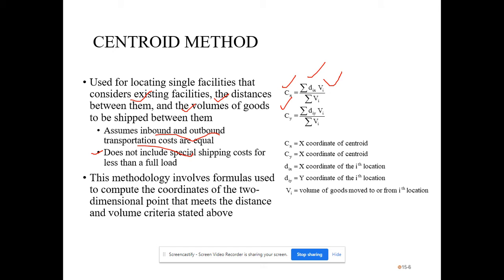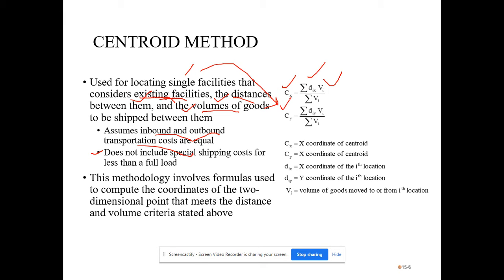Suppose you plot all the possible existing facilities and the one that you're interested in, all of them are put on a two-dimensional xy map. And once you have the coordinate of the existing facility, then the volume and the distance, and the formula for coming up with the coordinate of this facility of interest